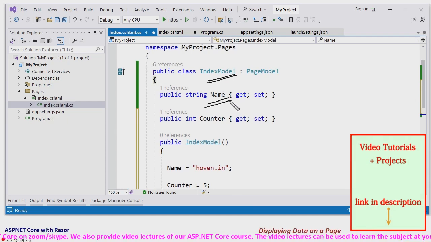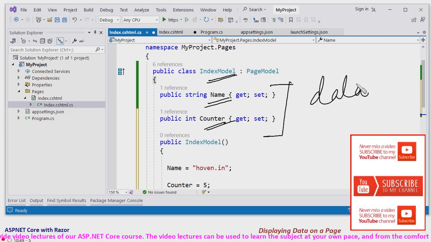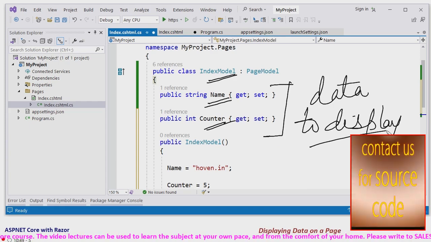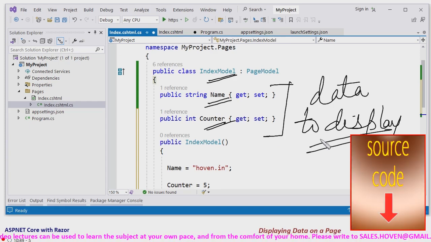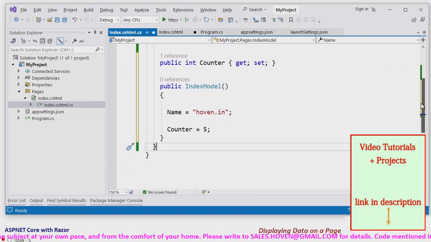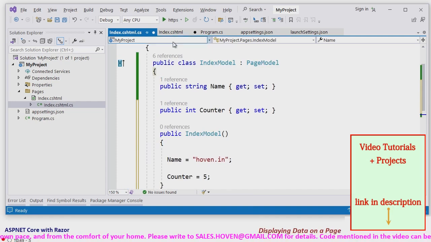Now this name and counter are the data that we will show. This is the data that we are planning to display today. This will tell you how we can show data on our Razor page.